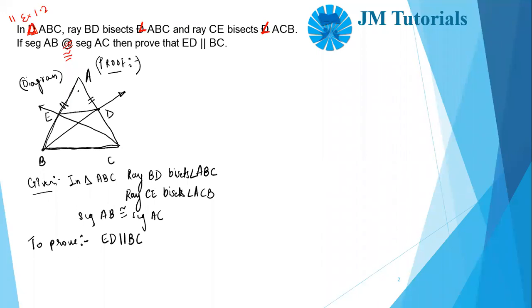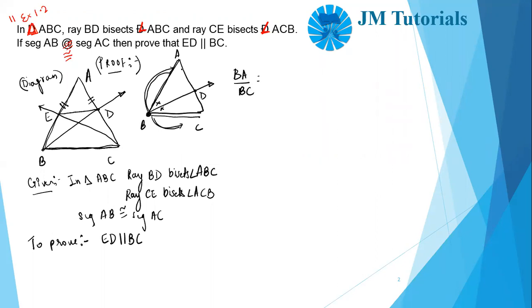Everyone remembers the angle bisector theorem, right? If I have A, B, and C, and I draw this, and I know this is D, the angle bisector, what will I know? Definitely AB upon BC. Remember last time in class I told you to start with B: BA upon BC. You start with the angle which is getting bisected, so BA upon BC is equal to AD upon DC.